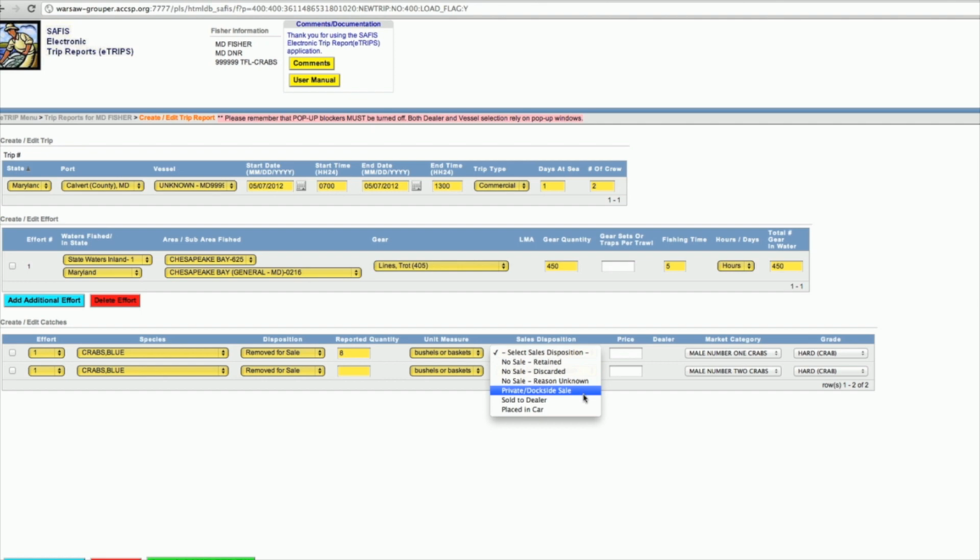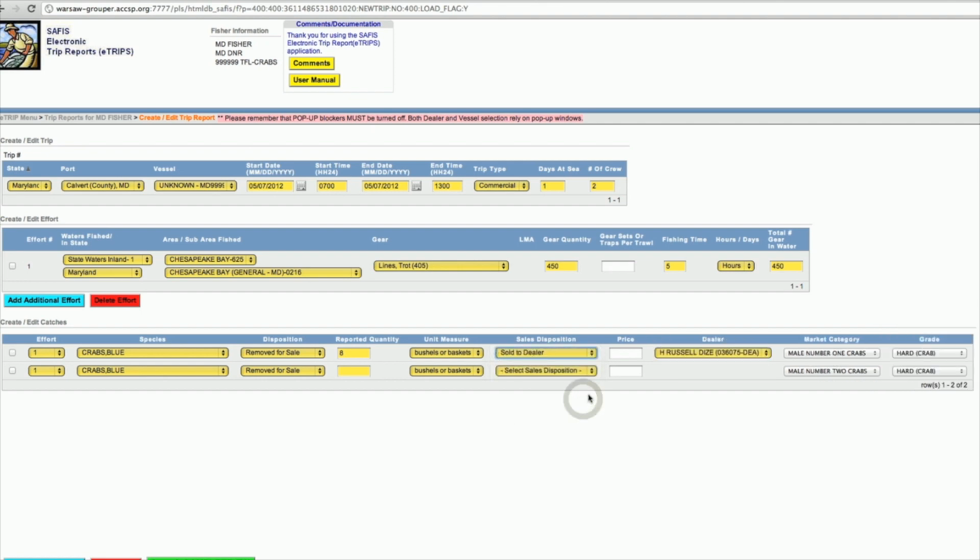And let's say we sold them to a dealer. This new dealer column pops up when you say that, and you can see that the dealer we entered into favorites has been saved. And if you ended up selling to a dealer that wasn't this dealer, you can still go back to the Select from All Dealers menu and find the dealer that you did sell to.